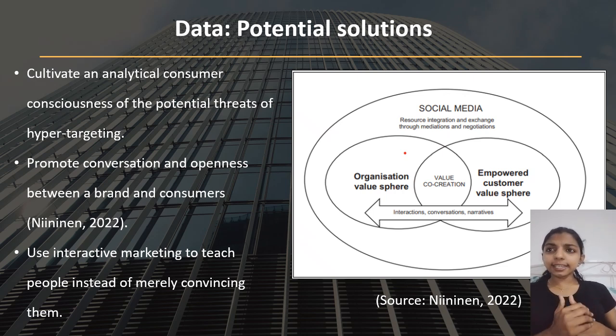Secondly, as Nininen 2022 argues, brands should foster open conversations with their audiences. This means moving beyond one-way communication and instead encouraging transparency, dialogue, and even collaborative content creation. Third, interactive marketing should be reimagined, not as a tool to convince, but as a way to educate. If consumers understand why certain messages are being shown to them, they are in a better position to assess and respond